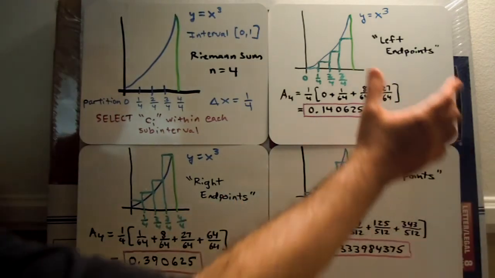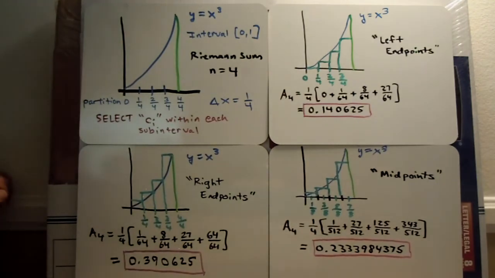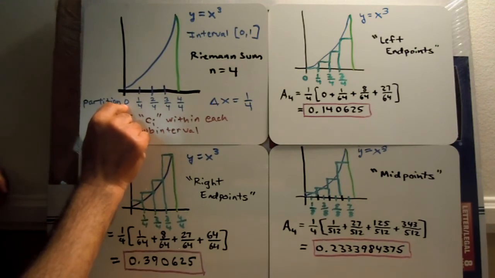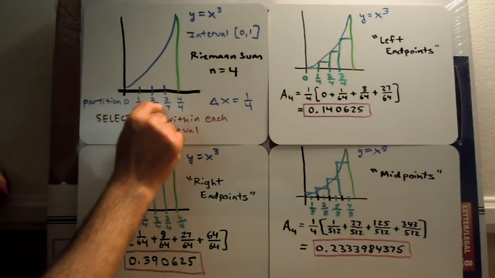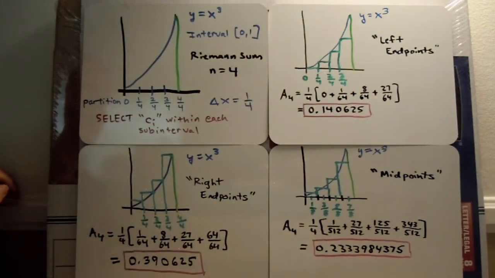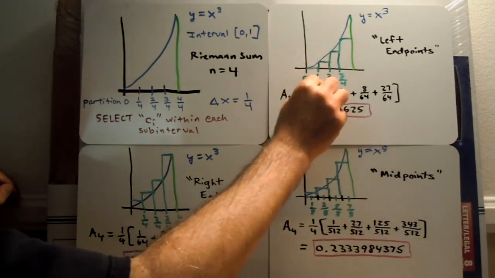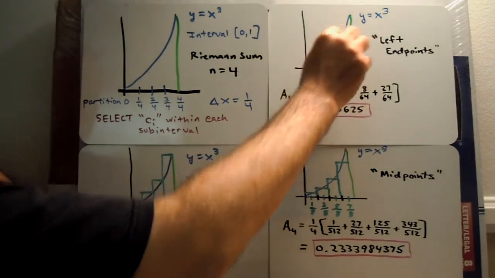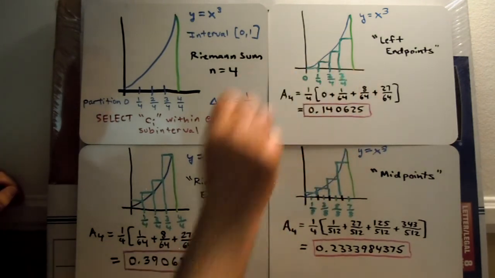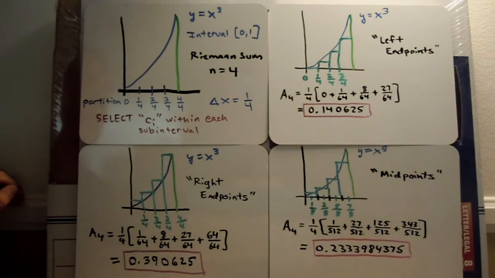Now, to direct your attention over here, another way we could select our c sub i's in each interval is by using the left endpoints of each of the subintervals. So if we look over here, the left endpoint of each of the subintervals would be 0, 1/4, 2/4, and 3/4. And therefore our picture would look like this. Our rectangles would have their heights determined by the functional value at the left endpoints, in this case 0, 1/4, 2/4, and 3/4. And as before, the common width of all the rectangles is 1/4,